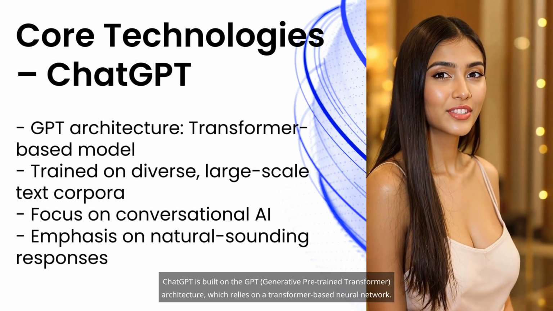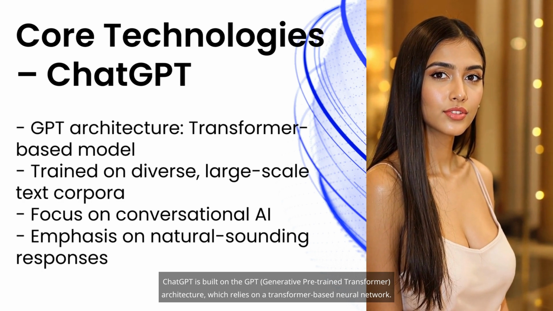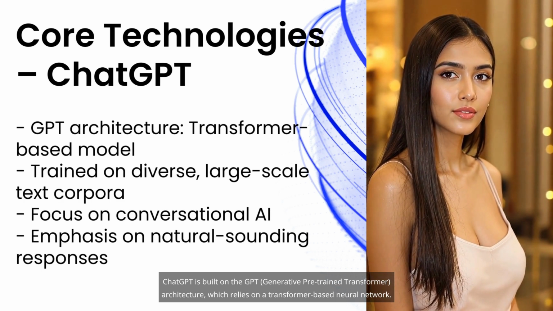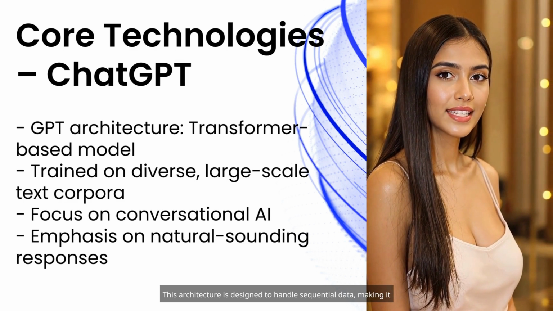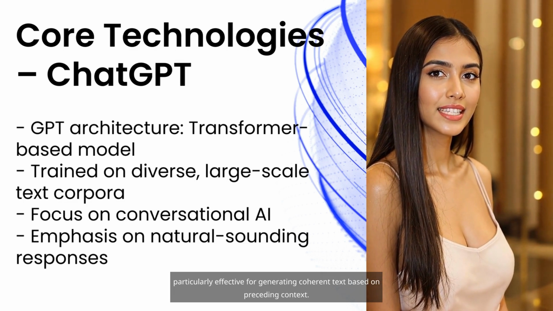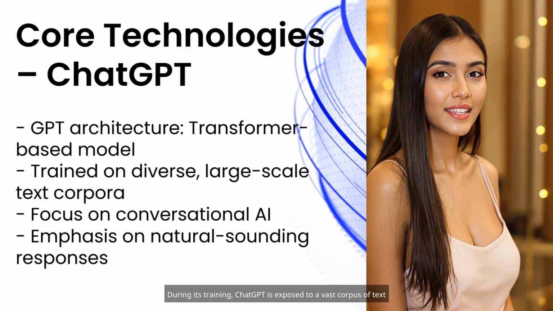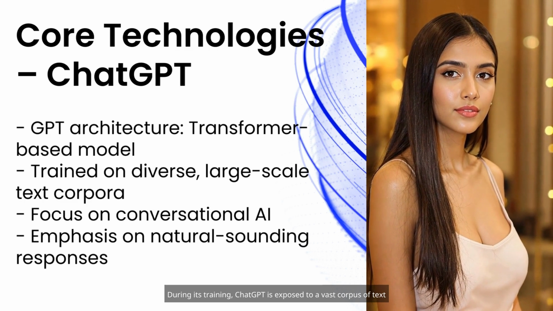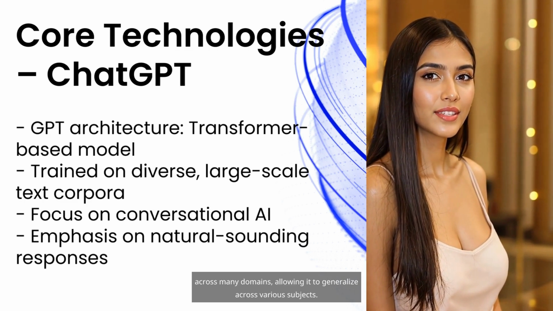ChatGPT is built on the GPT, generative pre-trained transformer, architecture, which relies on a transformer-based neural network. This architecture is designed to handle sequential data, making it particularly effective for generating coherent text based on preceding context. During its training, ChatGPT is exposed to a vast corpus of text across many domains, allowing it to generalize across